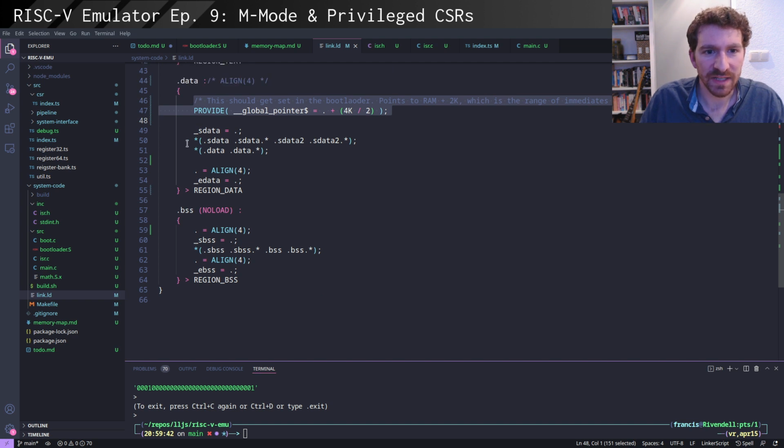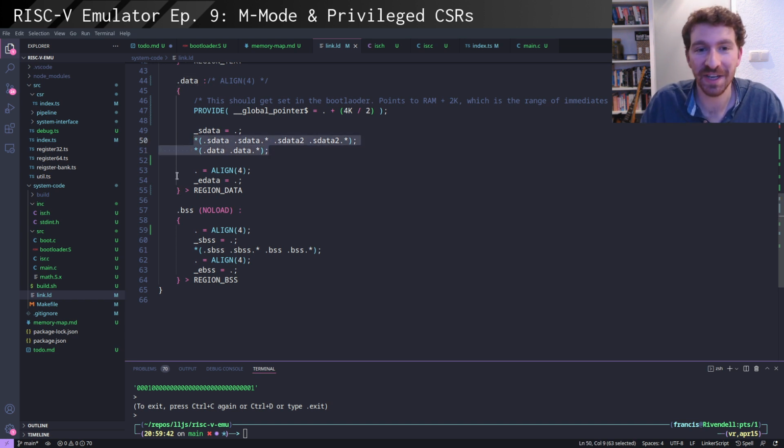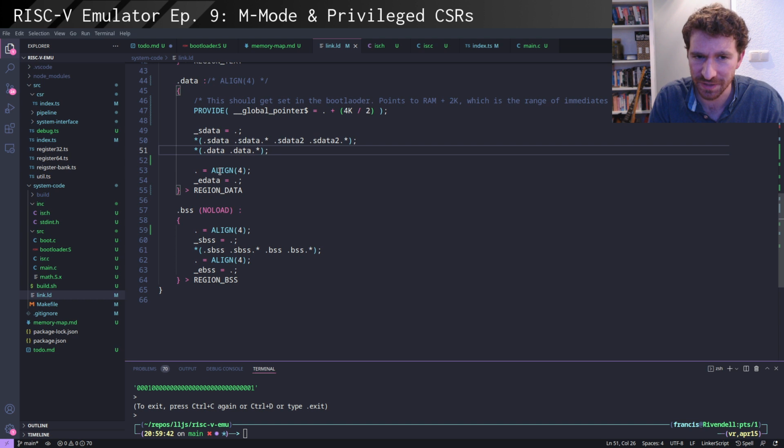Basically what we're saying is, okay, take anything that is called sdata, sdata2, or data, depending on various bits of legacy and different compilers and whatever. That data might actually end up in different places, different labels. I know for a fact that mine ends up in a section called data, so I don't really need this stuff, but it's here just because I based this on someone else's code, which is at the top of this